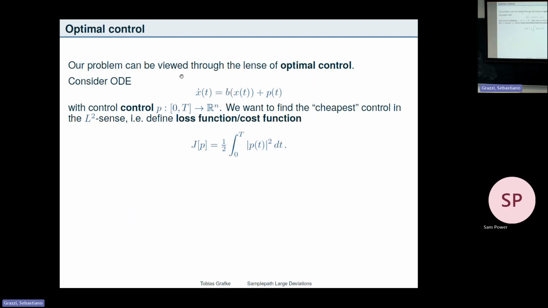But this square again is the Gaussian square if you want. But you don't need to do any probability here. I'm just saying I have a control. I want to punish steering too hard, right? I just want to have as weak a forcing as I want, and I define weak as being a small square integral.